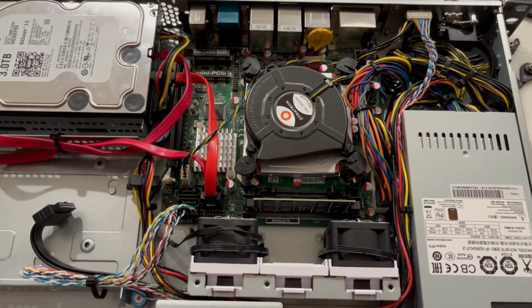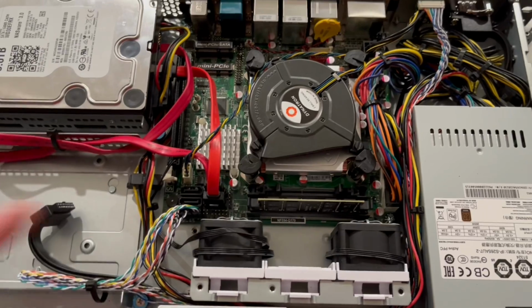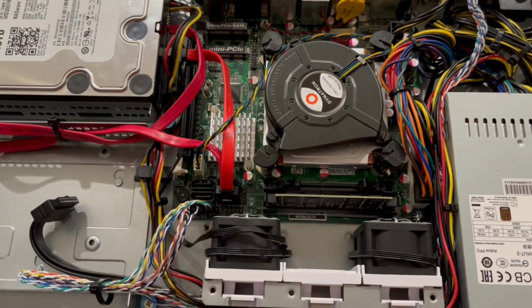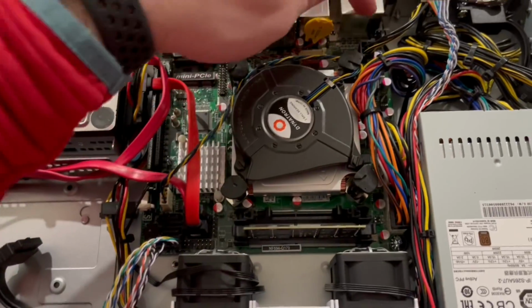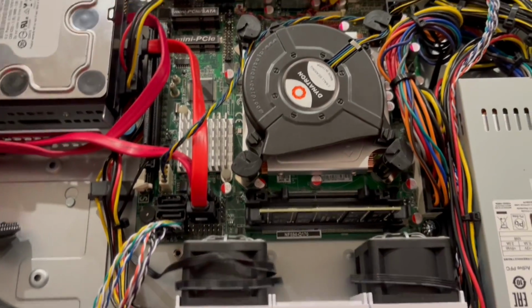So I have the new motherboard installed. There's a little more space in here. The RAM stick is smaller, so there's a little more space over near the fans. The 24-pin motherboard power cable is over here, so it's a little more convenient to plug in, as well as the other power cable. You have the two chassis fans that can plug directly into the motherboard, so I no longer